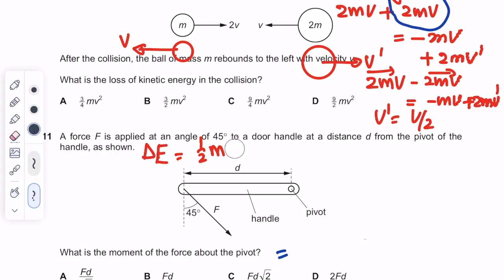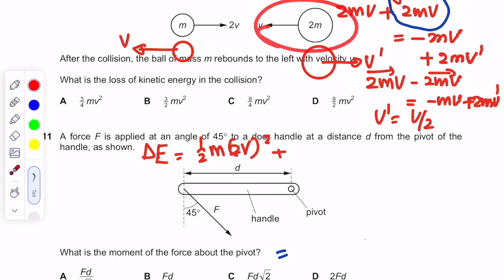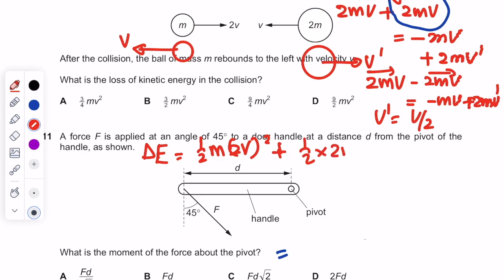This is not v. This should be 2v squared, and then the other bigger mass, this one, kinetic energy is half 2m times v squared minus afterwards half m v squared plus the other one is half 2m